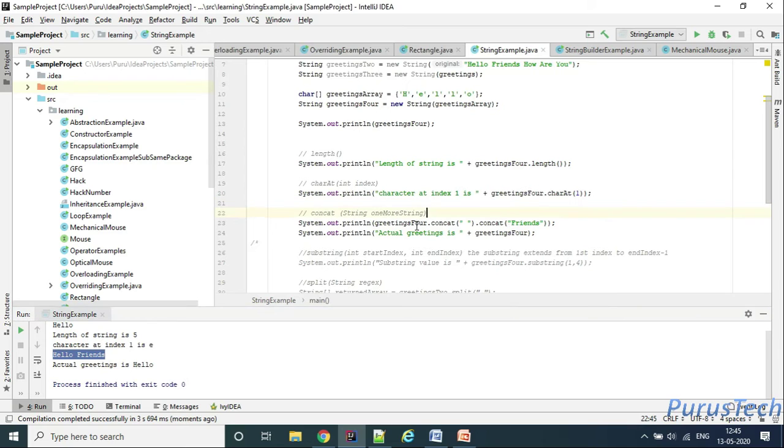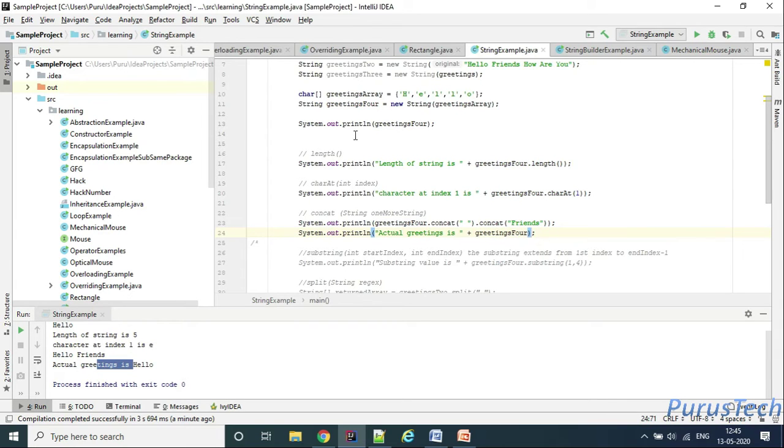What about this? After invoking the concat method, the greetings4 object value is not changing at all. The greetings4 is the same as hello. See here, the actual greeting is hello. This feature is called immutability.